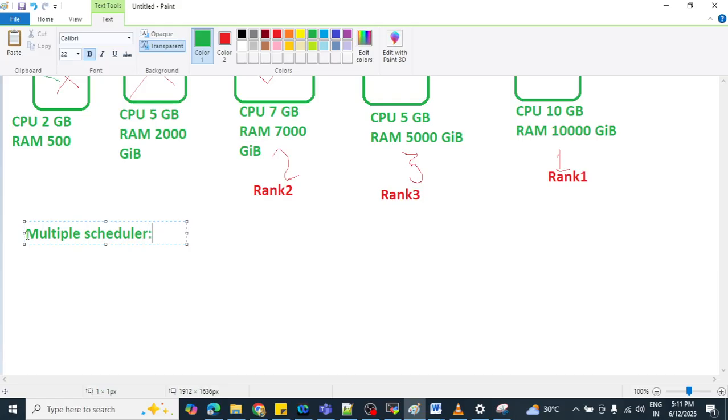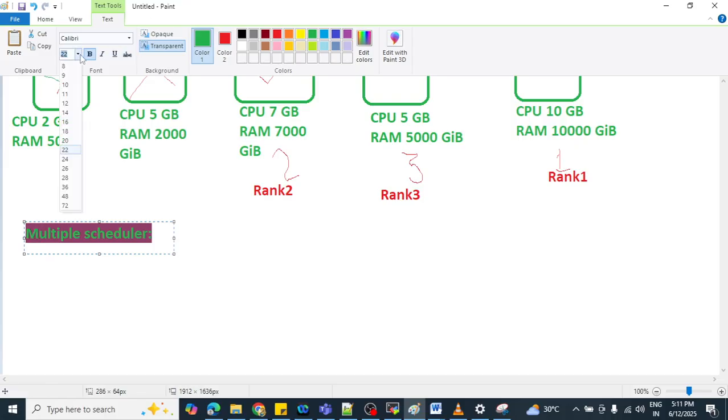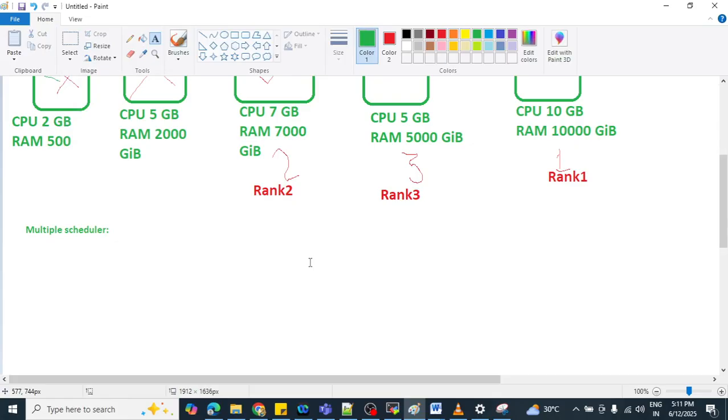What is it first of all? If the default scheduler, that is your kube scheduler, does not suit your needs, you can implement your own scheduler. But let me show you how your default scheduler looks in your CMD.